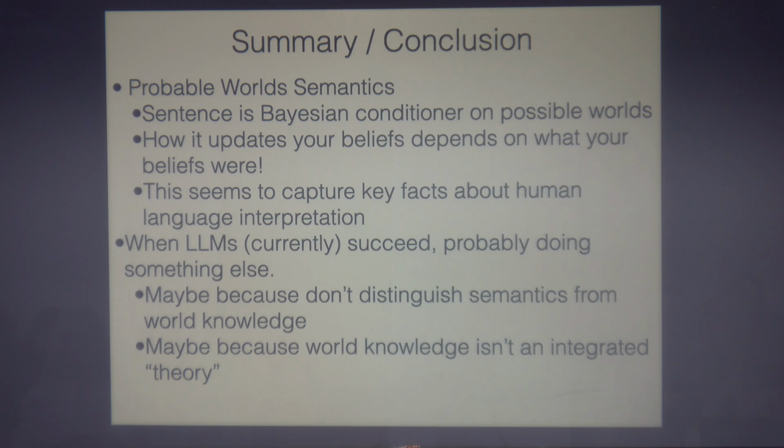Or it could be that LLMs actually have somehow inferred something like a generative model of the world, and they are doing probable world semantics. That's why they succeed so well in a lot of cases, but they just have a difficulty updating that generative model in real time. That's also possible. Again, as I said, we just don't know what large language models are doing, so it's hard to know for sure. What I do think, though, this again illustrates is that flexible use of your knowledge about the world really seems to be important for really core parts of language understanding.